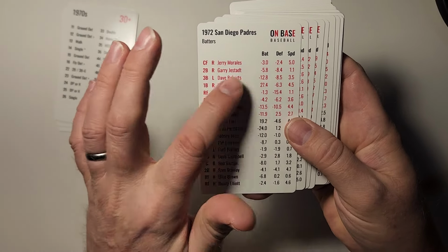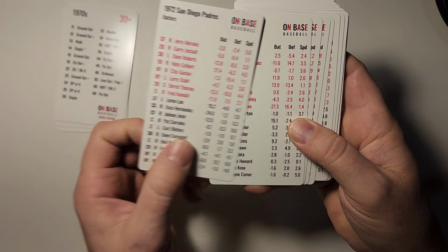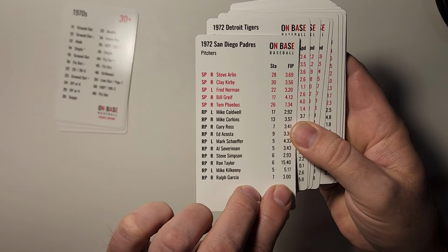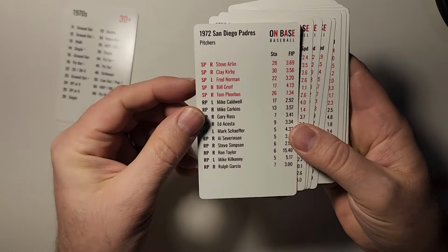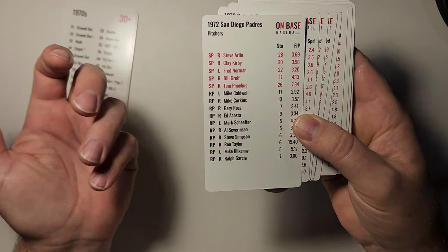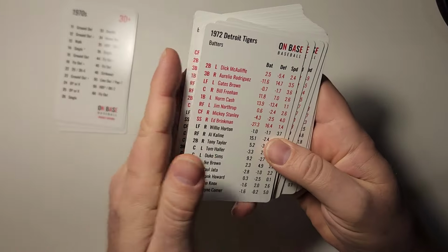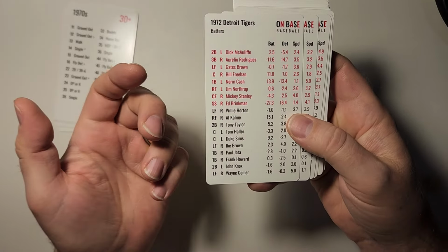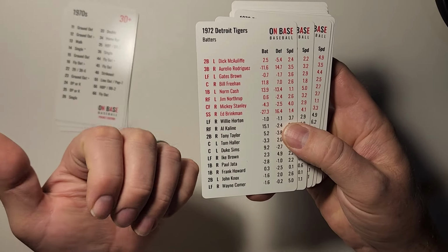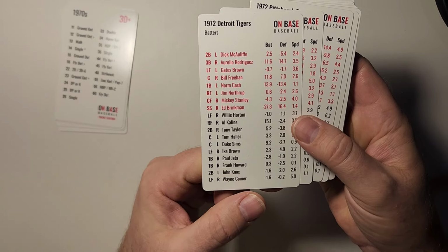San Diego, not a lot going on here. Nice season from Nate Colbert, but nobody else really. Not a great pitching staff, but passable for sure. You can notice, most of the starting pitchers are going to have really high staminas. The expectation is they're going to stay in the game for a long time. So you actually are going to get fewer pitchers for the most part, but there are a couple teams where I had to cut off the pitchers, but most of the time you're going to get every single pitcher who got into a game. For the Tigers,